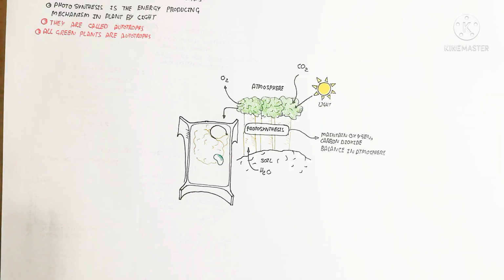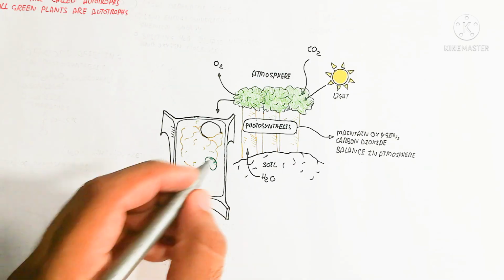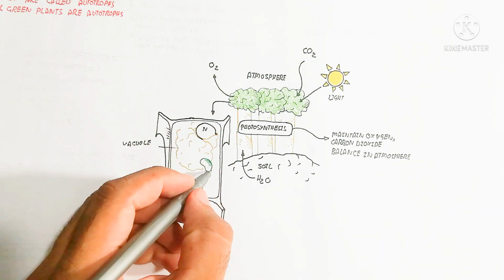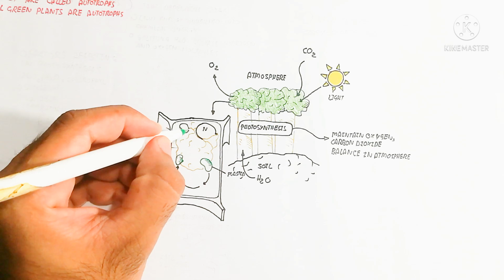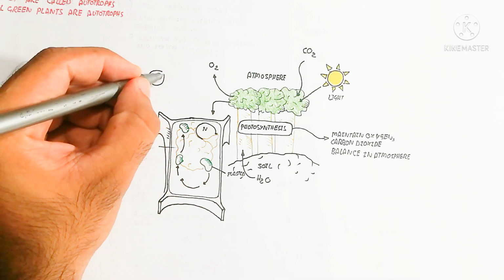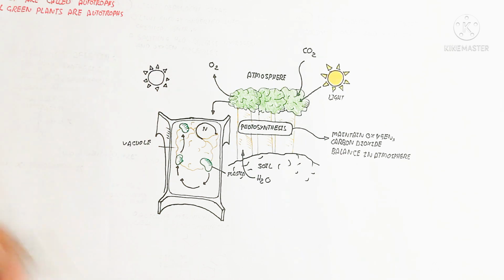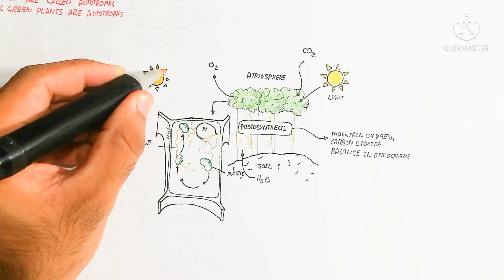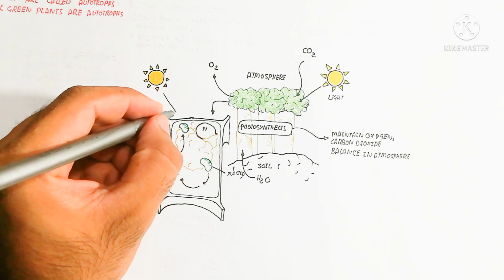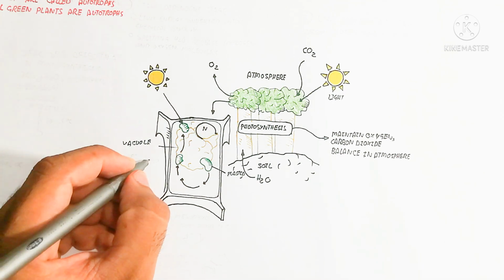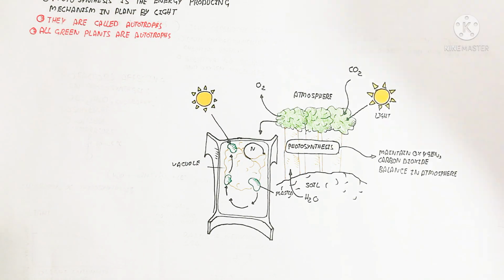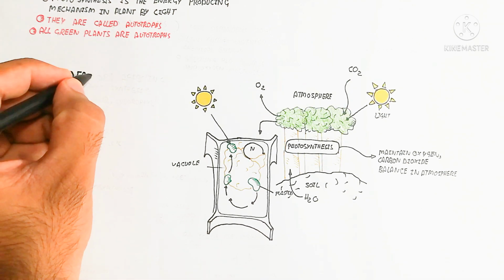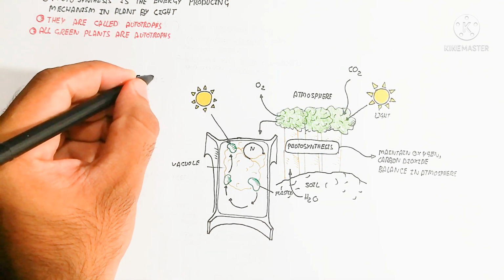Here is the palisade mesophyll cell, which contains a density of chloroplasts, that is plastids. This chloroplast will move toward the light, which is known as cyclosis, and that type of cyclosis is the positive phototactic movement. It means the organelle moves from one place to another within the cell for harvesting of the light and converts it into sugar or organic energy from an inorganic source. So the carbon dioxide will be absorbed while the oxygen will be released as a byproduct.